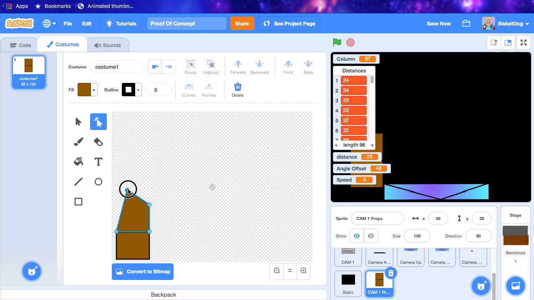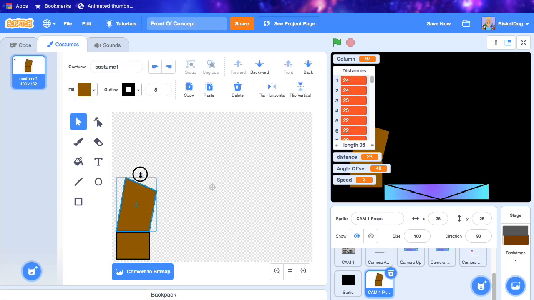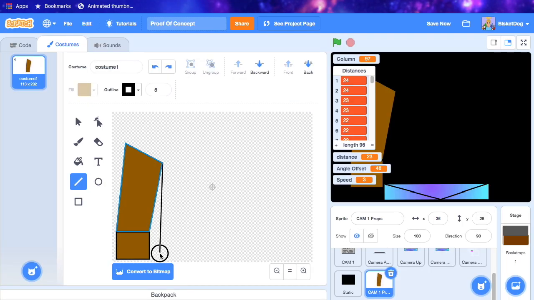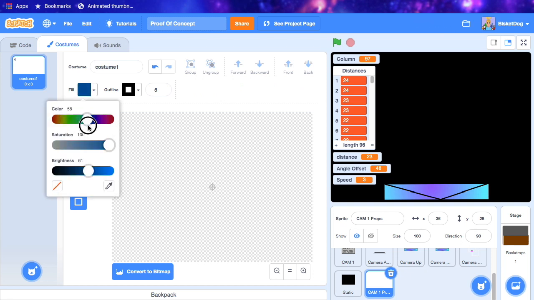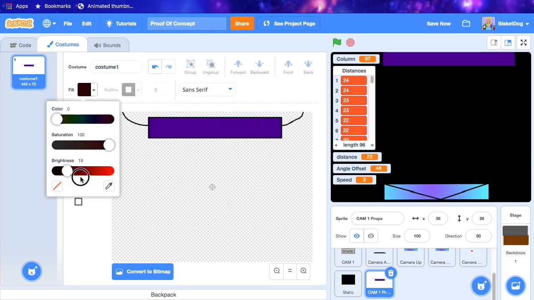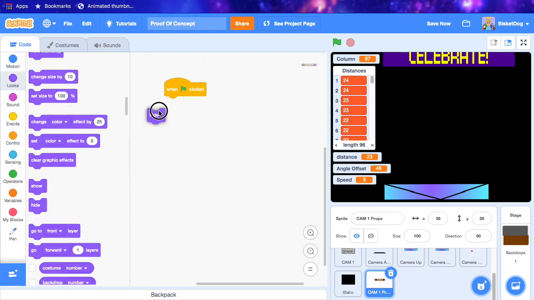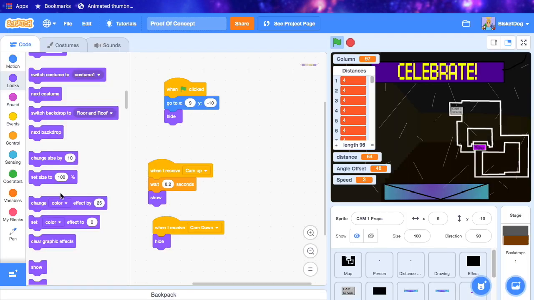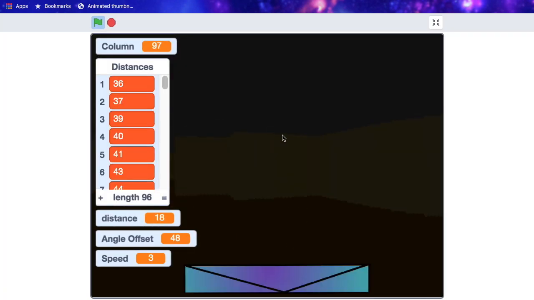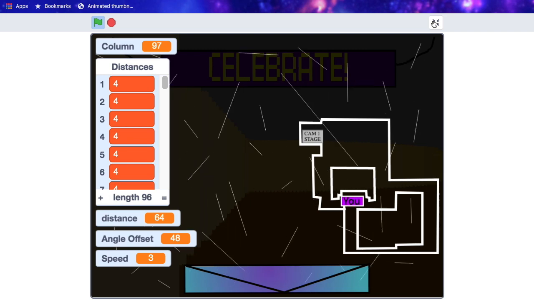Anyway, my idea was essentially to have an overlay over top of the camera so it looked like it was 3D, but it's technically just a 2D overlay. So for the first camera, I tried to make a stage, which oddly took me a very long time, so I ended up just doing some celebrate sign and then a couple little boxes and stuff. To make sure this worked, I just did some simple coding, essentially putting it on top of the raycasting layer, but behind the